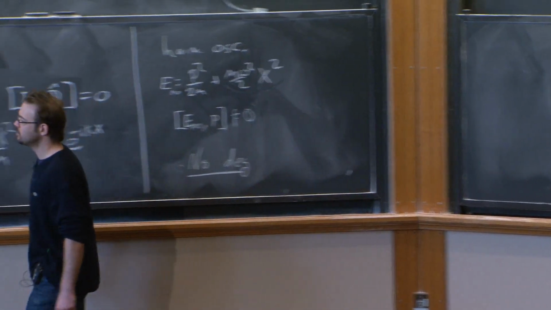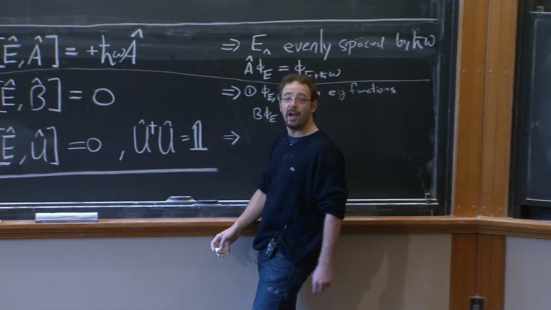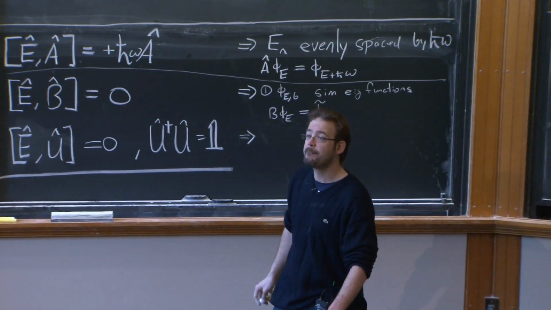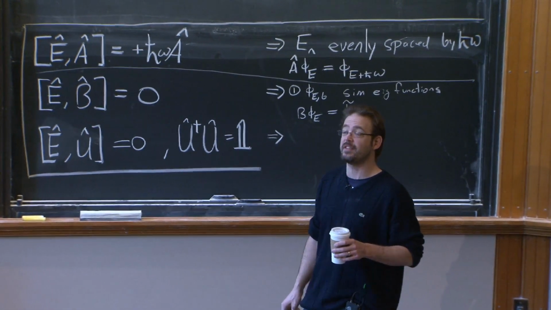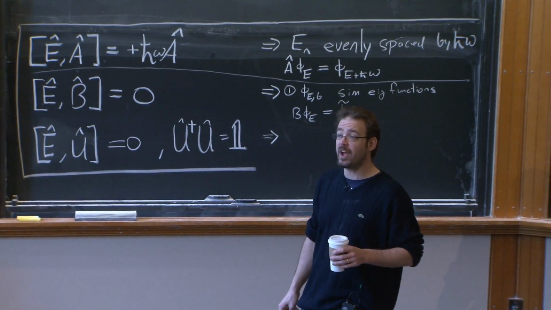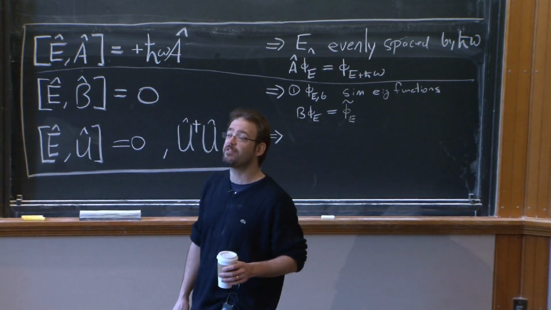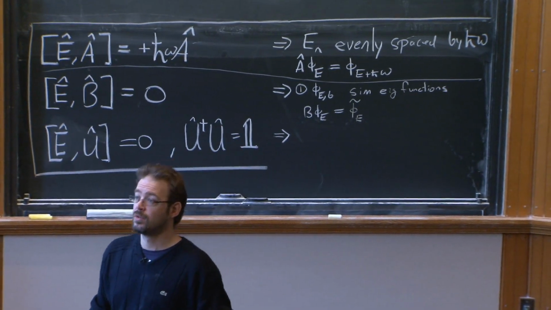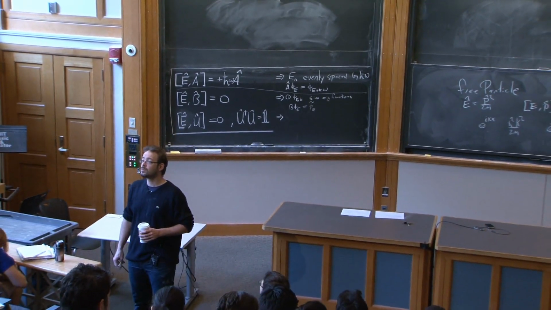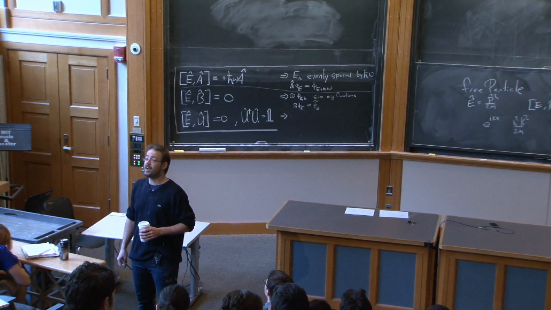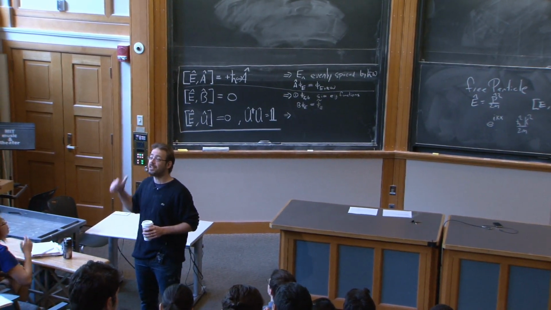Okay. Yeah? We did something on the problem set, I think, where it says that the eigenfunctions were complete. Yes. What does that mean? What does it mean for the eigenfunctions to be complete? Yeah. What that means is that they form a basis. So the basis doesn't necessarily have to be non-degenerate. No one told you that the basis had to be non-degenerate. And in particular, that's an excellent question.